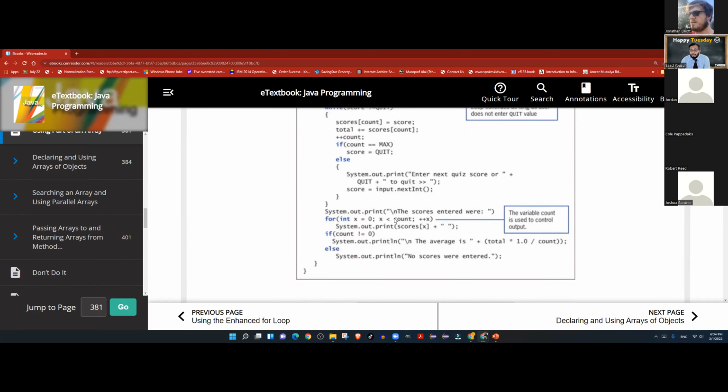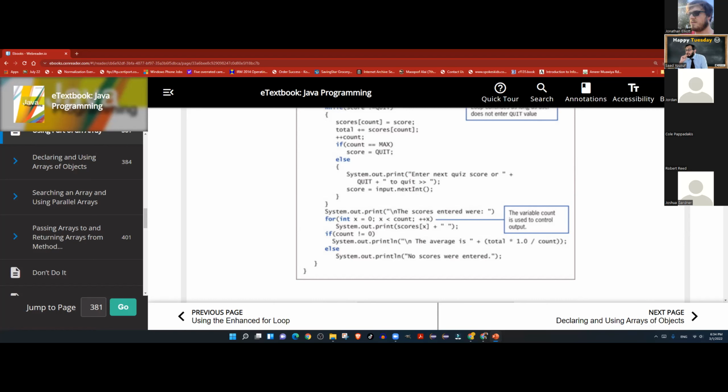And why are we going by the count in the bottom loop? Is it because count is being used as the length, essentially, like up in the running total, it's put in there as the length?